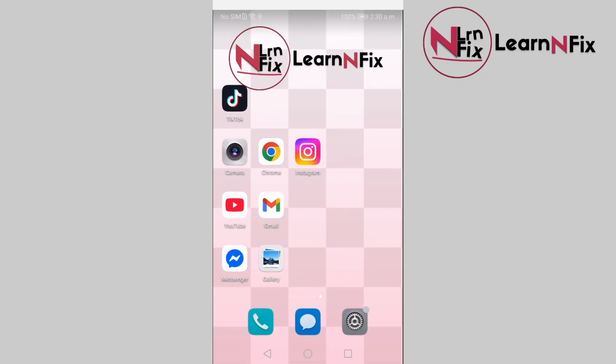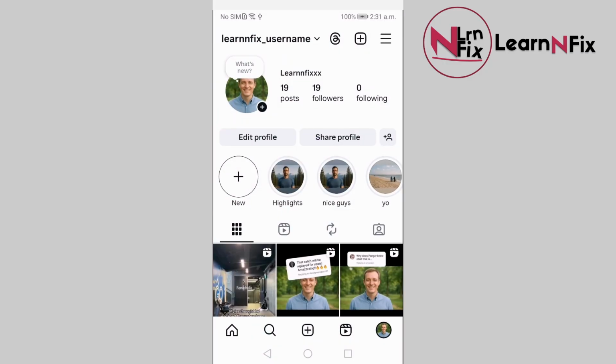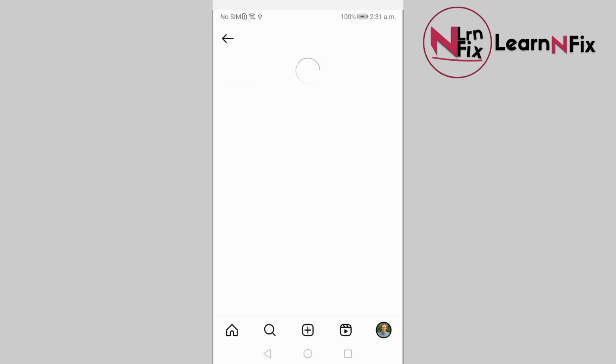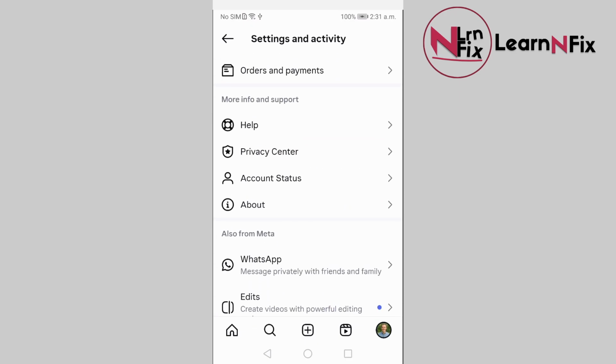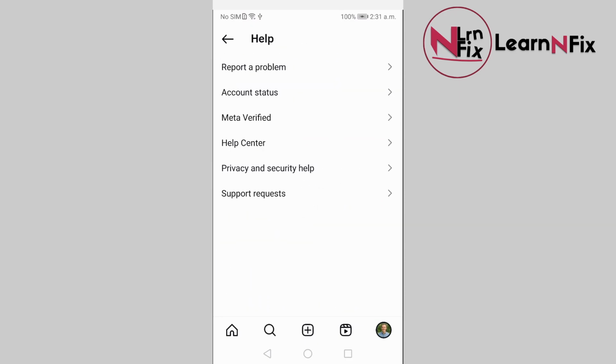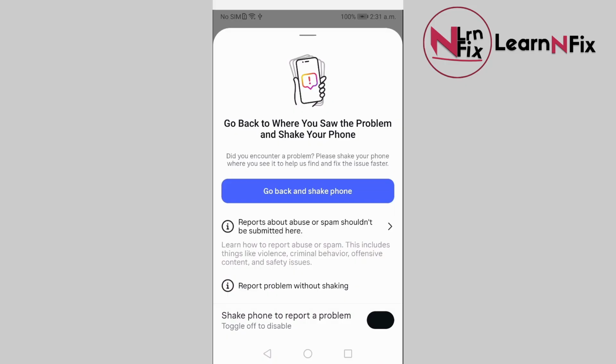But if this still hasn't fixed your issue and you're still seeing the same issue, then you might simply want to report this, because Instagram support will help you fix it. So go to your profile, click at the top right, go all the way down, click on help, click report a problem, and then report without shaking,